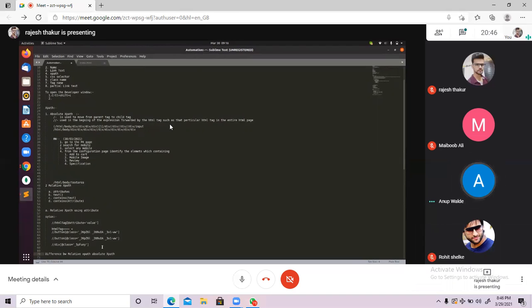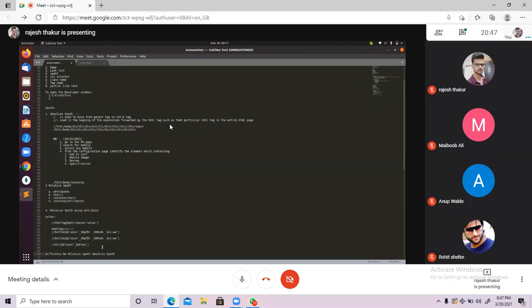In case of absolute XPath, we are moving through the hierarchy, like parent to child, child to child, going in depth. But in case of relative XPath, we are not taking care of that. I'm not going to take care of which element my element is the child of, or which child another element is the parent of.